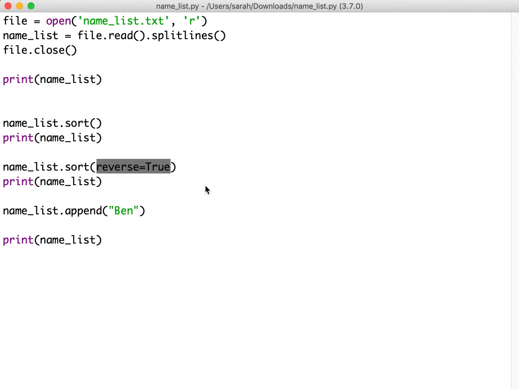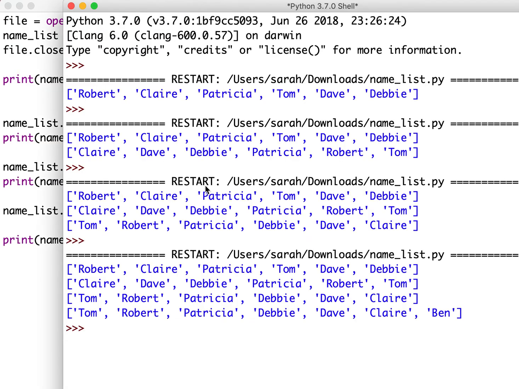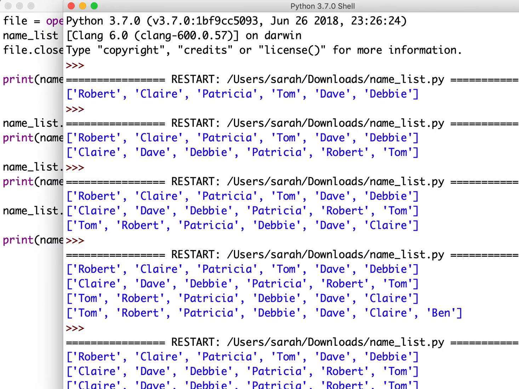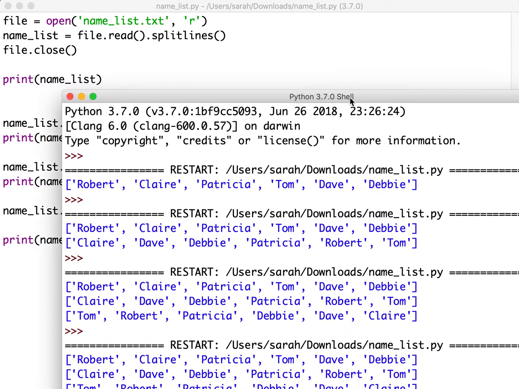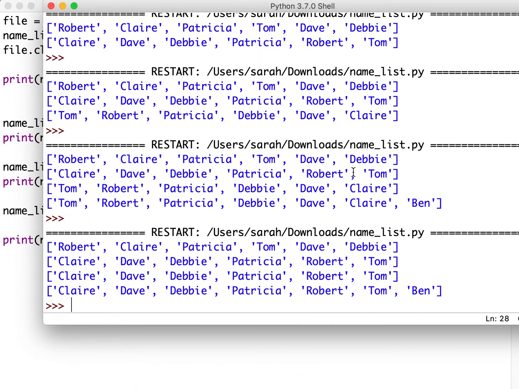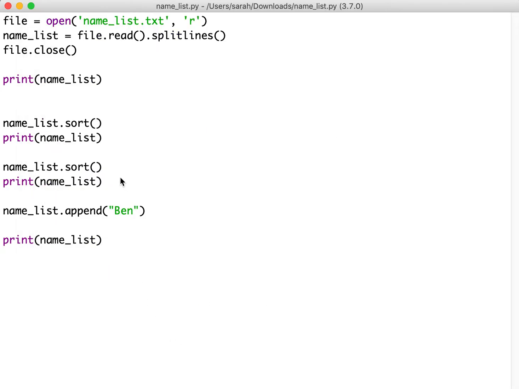But if I take reverse=True out and run it again, you'll see that Ben is still at the end because it was the newest item. So when you append to a list, it will automatically go to the end, and so this is now out of order. What I would need to do to resort it is just ask it to resort. And now if I print again,